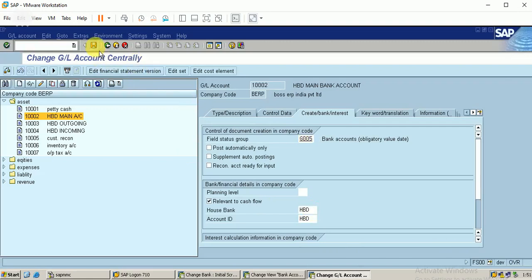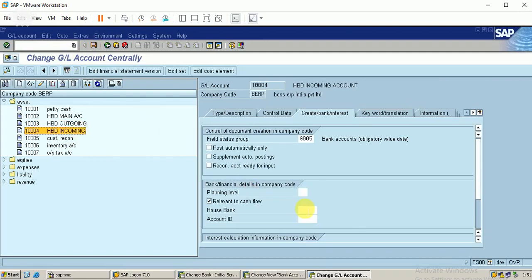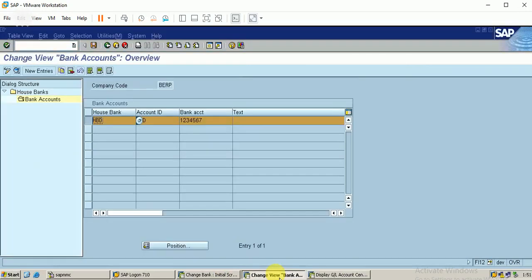Can save it. Now there is no warning issue, I am able to save it directly. Let me proceed with the next steps.